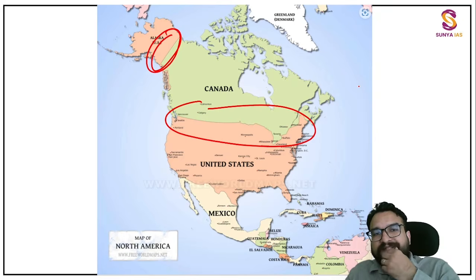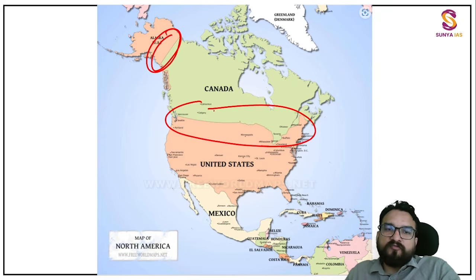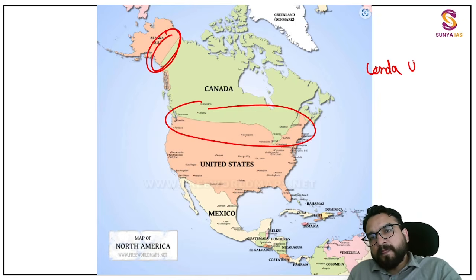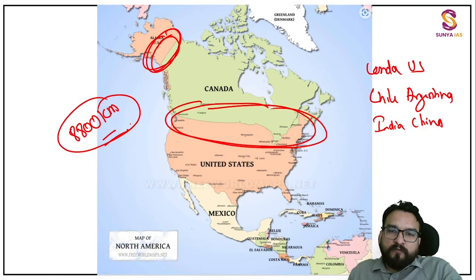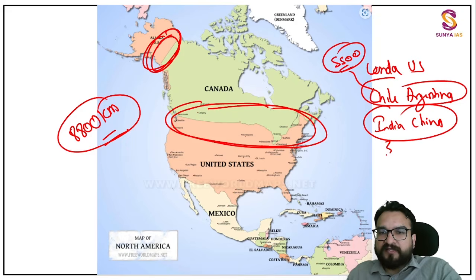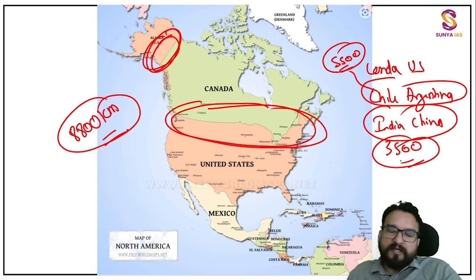That's why world's longest border between any two countries is of Canada and US. A simple question came in prelims, right? They had not asked you the number, but there were certain countries like over here Canada, US. They have given you Chile and Argentina. They have given you India, China. Like this they have given you. So you remember that the land boundary distance between these two countries is around 8,800 kilometers. Whereas Chile and Argentina, it is around 5,500 approximately. I am telling you. India, China, 3,500 kilometers. No need to remember it, but simple question came, guys, over here, right?